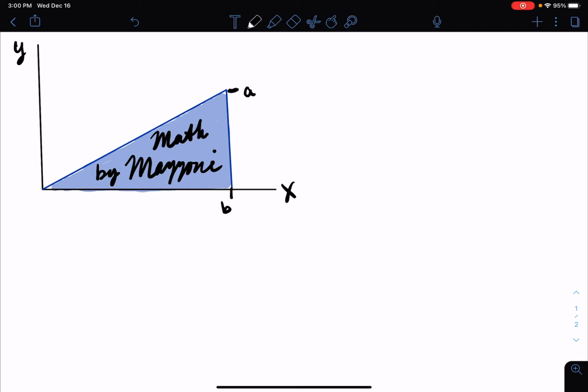Hi, everybody. Let's talk about how to find the center of mass for this lovely sign that I'm giving to my friend, Mr. Mazzoni. It's made of wood. It's got some lovely handwritten note on it. My goal is to find somewhere between the origin here, x equals 0, and this position B, somewhere along this